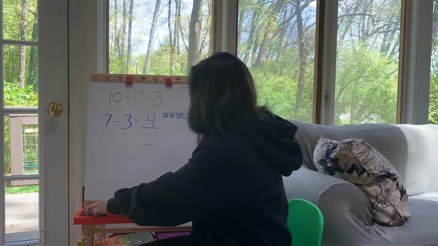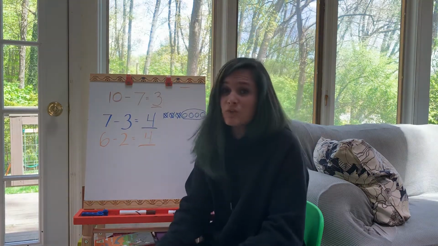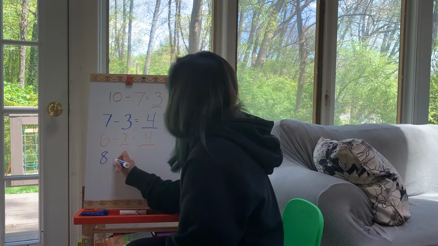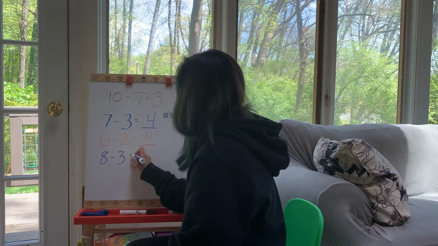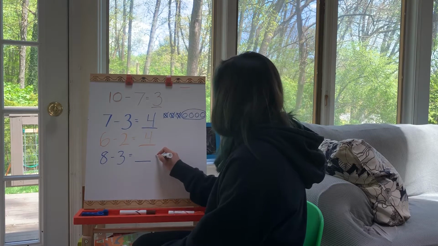The next way that you can use to help you solve subtraction problems is using a number line. So we have a number line in the classroom, and that's a really helpful tool when you are trying to do addition and subtraction. You can use the number line. So for example, if I'm trying to figure out what 8 minus 3 is, I can draw my number line,